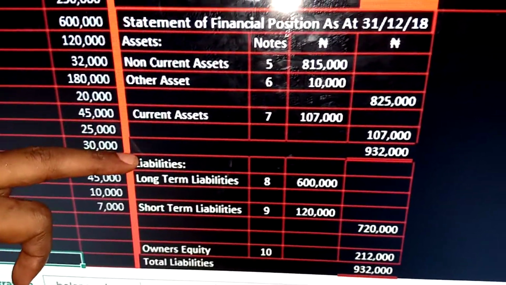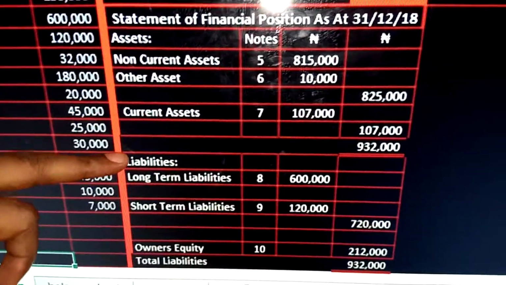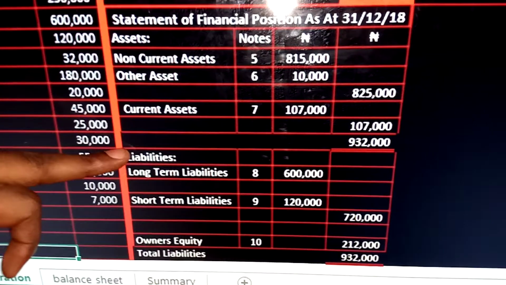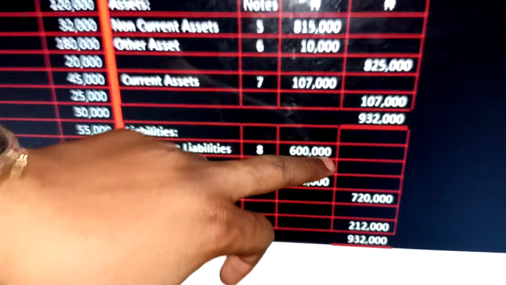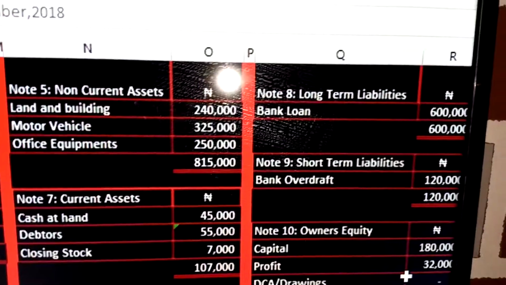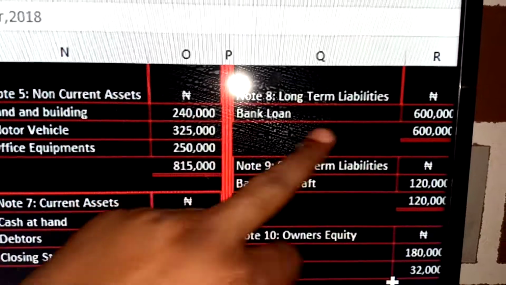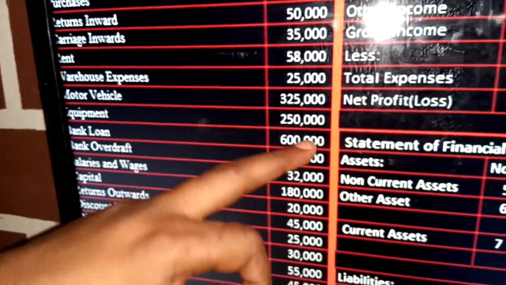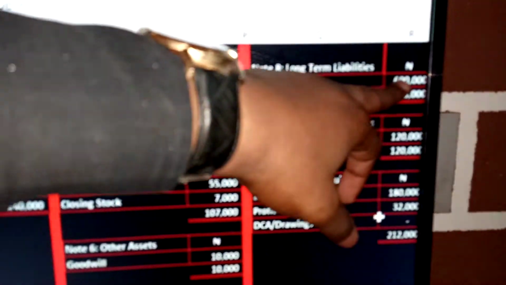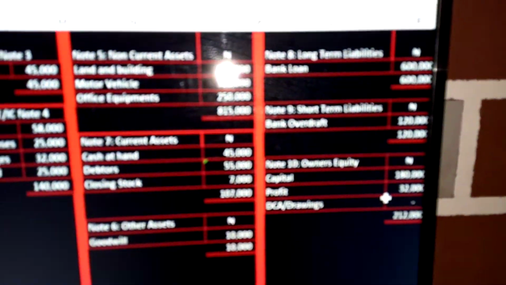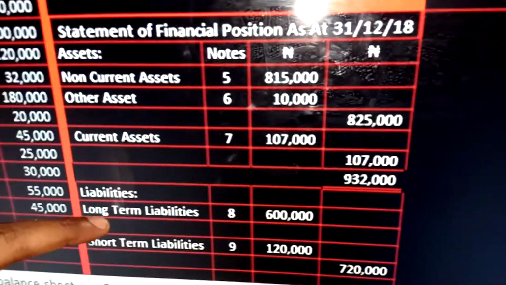So the next one is what? Your liabilities. You classify liabilities into long-term, short-term, and owner's equity. Short-term can also be called current liabilities. So what are long-term liabilities? Here we have note 8, 600,000. So we have note 8, long-term liabilities. I think the only item there is bank loan. So what's bank loan in the question? We had 600,000. So basically you must know the items that make up this classification. So your long-term liabilities is what? 600,000. That's bank loan. So that's what we're quoting here as long-term liabilities,